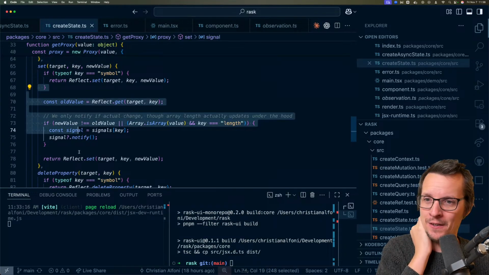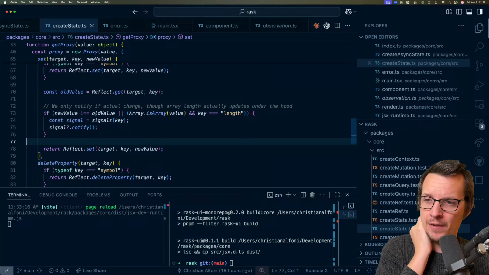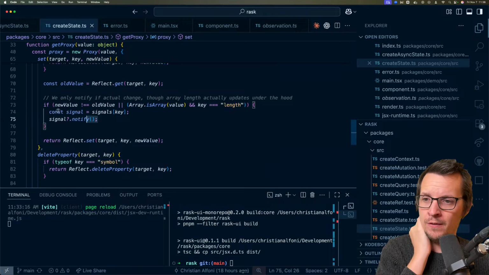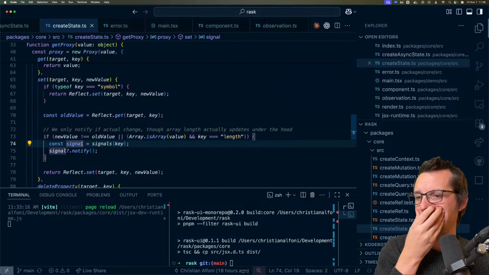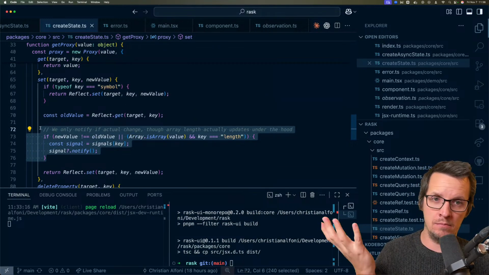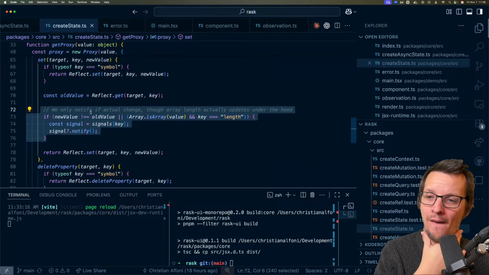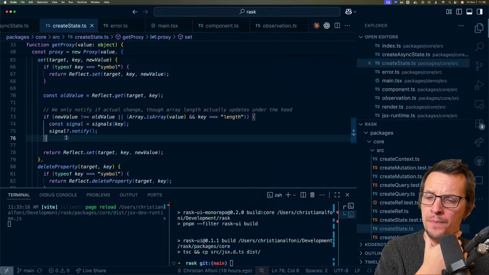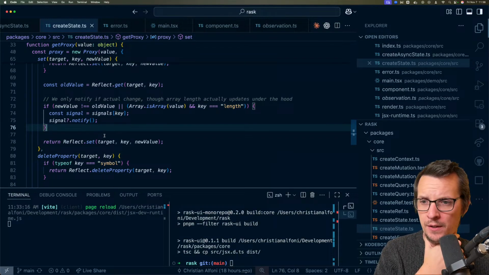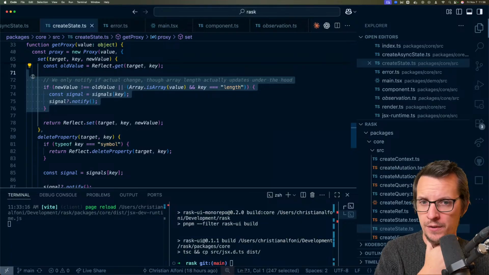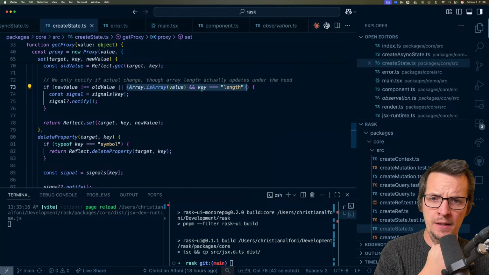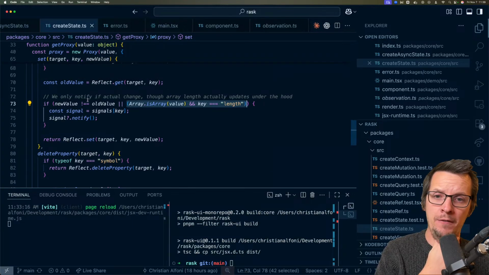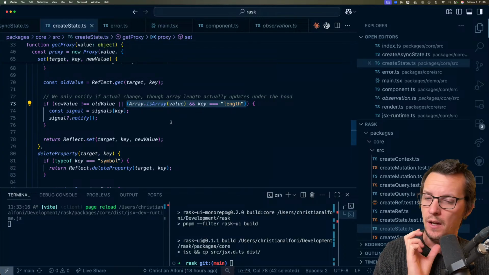And then for the setter, we're just checking if the new value is not equal to the old value, and if there is a signal tied to this, which is there if it was read by a getter, we notify that signal. So any observers that subscribe to that signal are notified. The only caveat here is that we need to check if it's an array and if the key is length, because whenever the length property is set on an array, it means that it's changed,